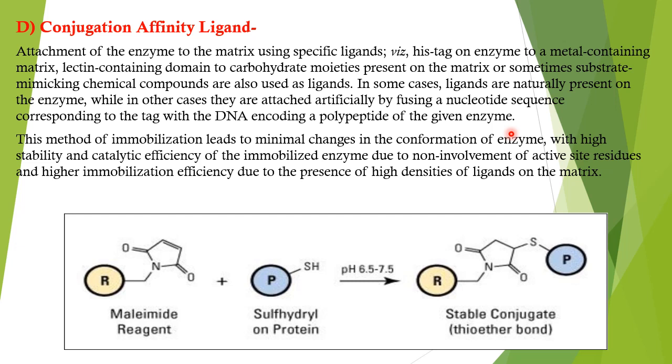So we don't even have to provide the ligands from the outside; we can put in a nucleotide sequence by various gene editing technologies like CRISPR and many more, or using a vector. What will happen is that the particular sequence itself will form the ligands, and those will be naturally attached to that particular protein, and hence we can avoid using ligands from the outside or an artificial medium.